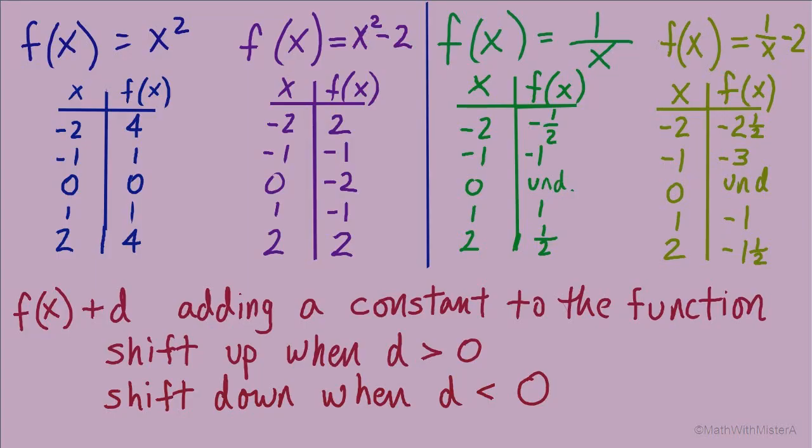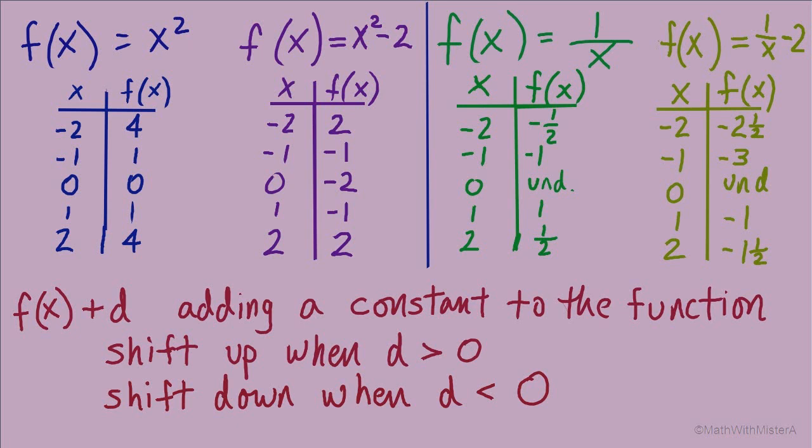So we can summarize this by saying if d is negative, we're going to be shifting the graph down. Shift up when it's positive, shift down when it's negative. Definitely it's a direct result from what we see here. You got your function, take away 2, basically means whatever you had for x squared, bring it down 2. And if it's adding, then we're bringing it up. So we've looked at 2 transformations so far. Both of these